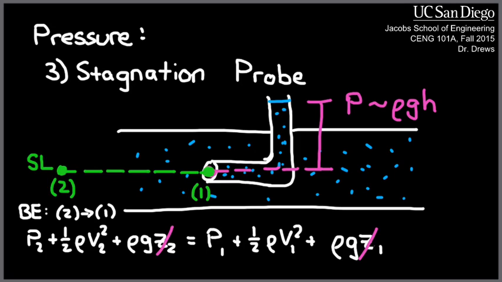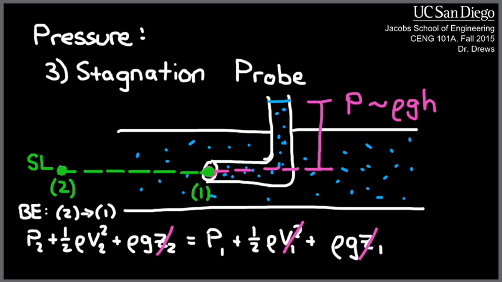We'll leave P1 alone. P1 exists, but V1 is 0, right? Because this is a stagnation probe. This is called a stagnation point. The velocity at a stagnation point, if the word doesn't give it away, is 0. So we can mark that off. Therefore, what we end up with